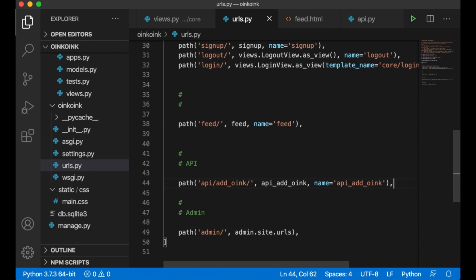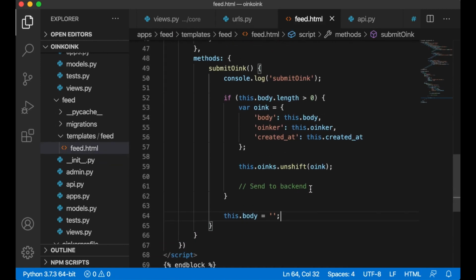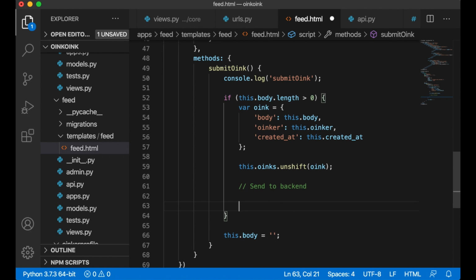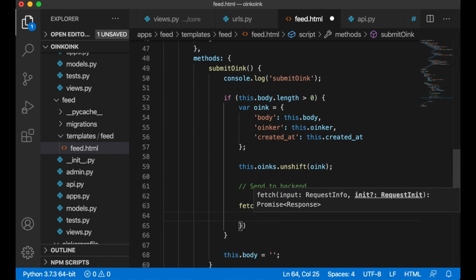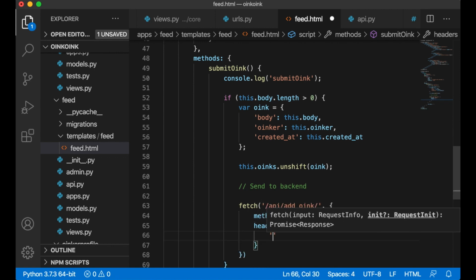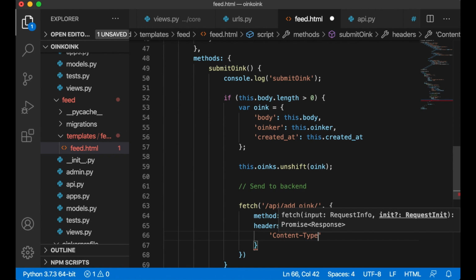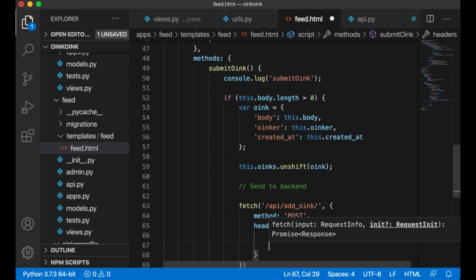And then the last step is to submit the data using JavaScript or Vue.js. So I go back to feed.html. Below here, I call a function called fetch, api_add_oink, which is the route or URL we just created. Method should be set to post. Headers. Content-Type is application/json, and then